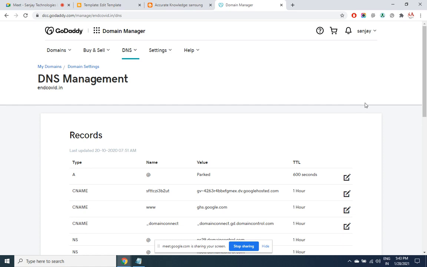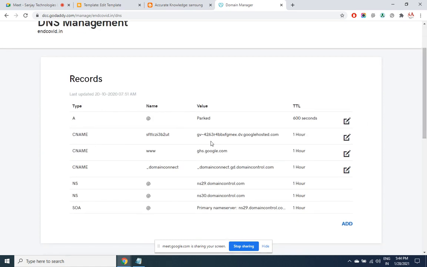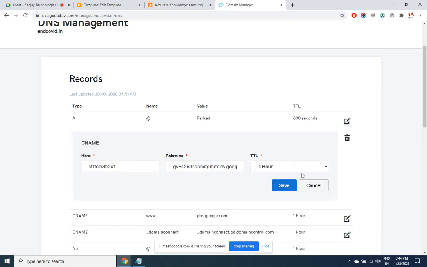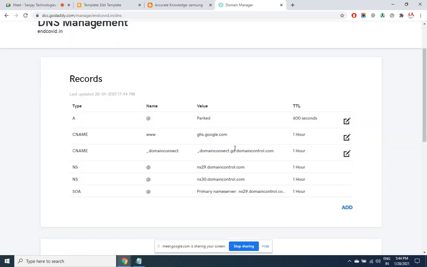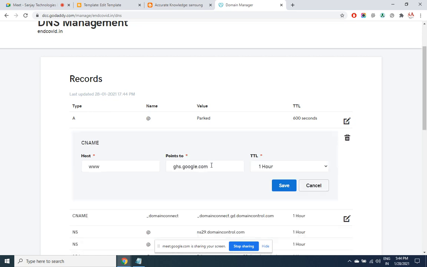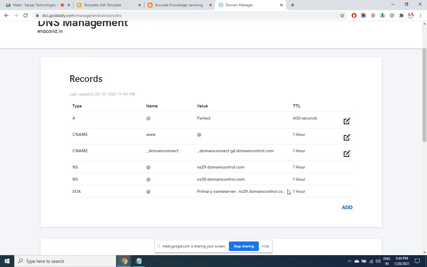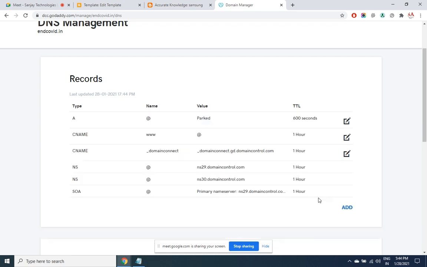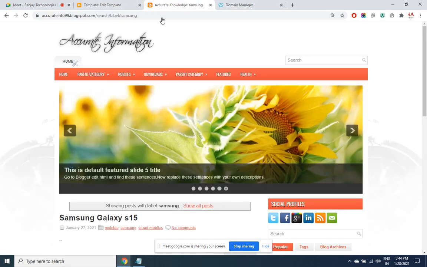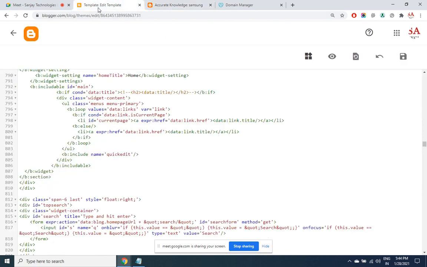Okay, this site is already running. I've already set that up on a private domain. So let's do one thing. Delete this record. Okay, now it may not work for this domain, but still I'll show you the process. So in order to convert the free website address to a private one, you will have to go to the settings.